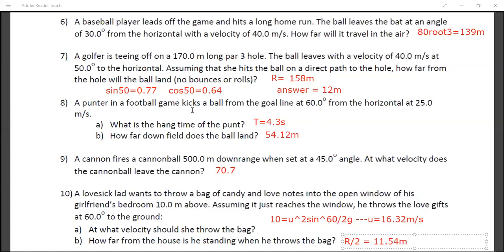Yeah, Parth, tell me. Sir, why r/2? Because whenever we consider the complete projectile at the max height, it is symmetric on both the sides. So the total range at maximum height is half the range. Okay. Because we are considering the maximum height, na? It will take to reach.